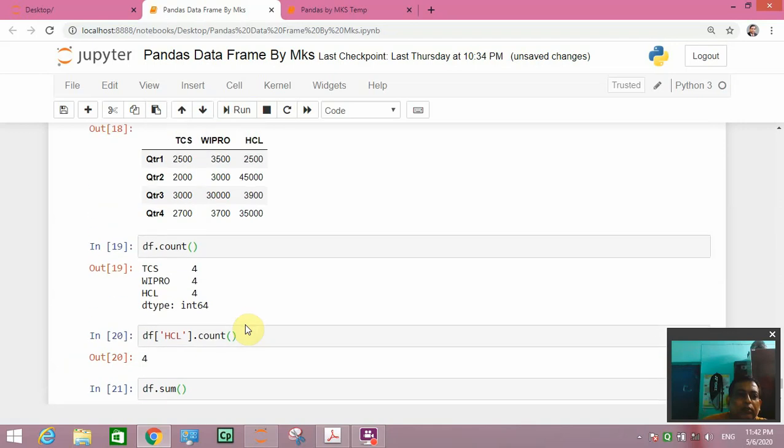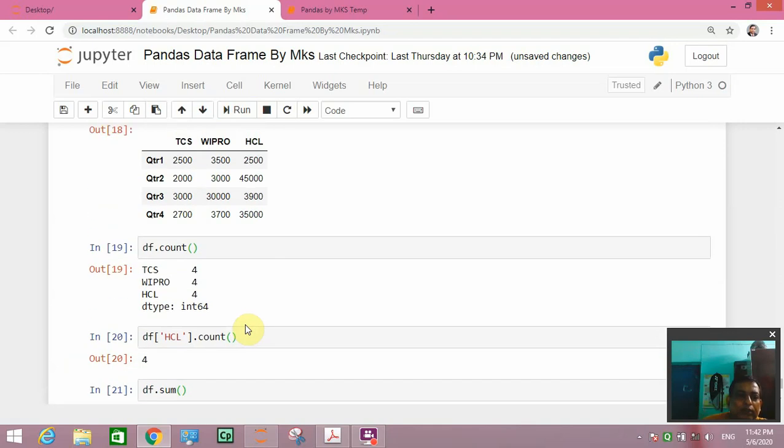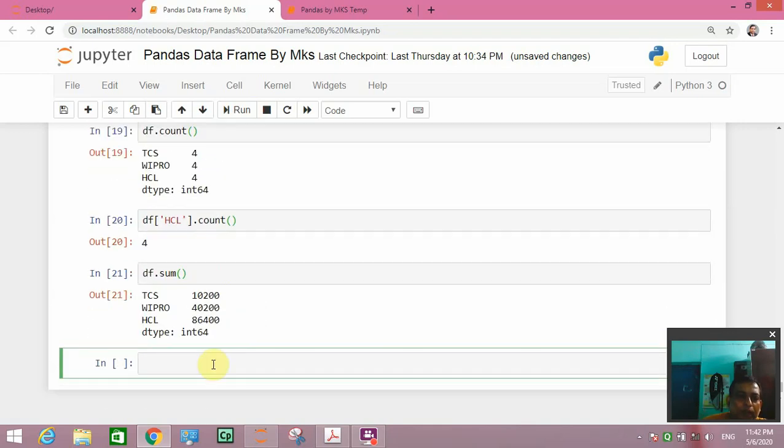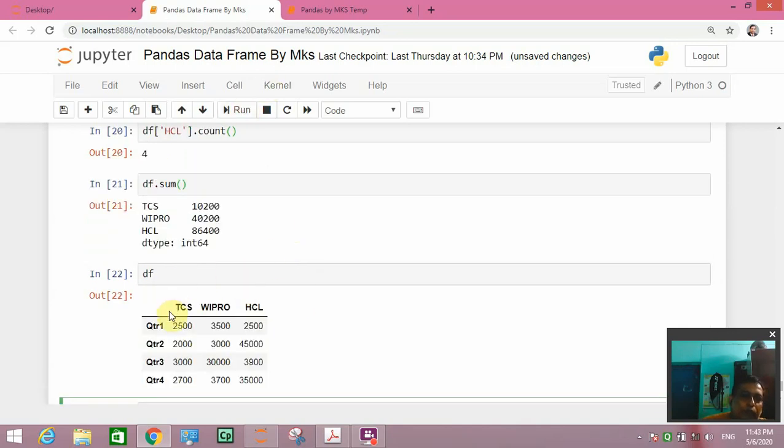It will give the sum of each column. So here this column sum is this one, this column sum is this one, and this column sum is this one.